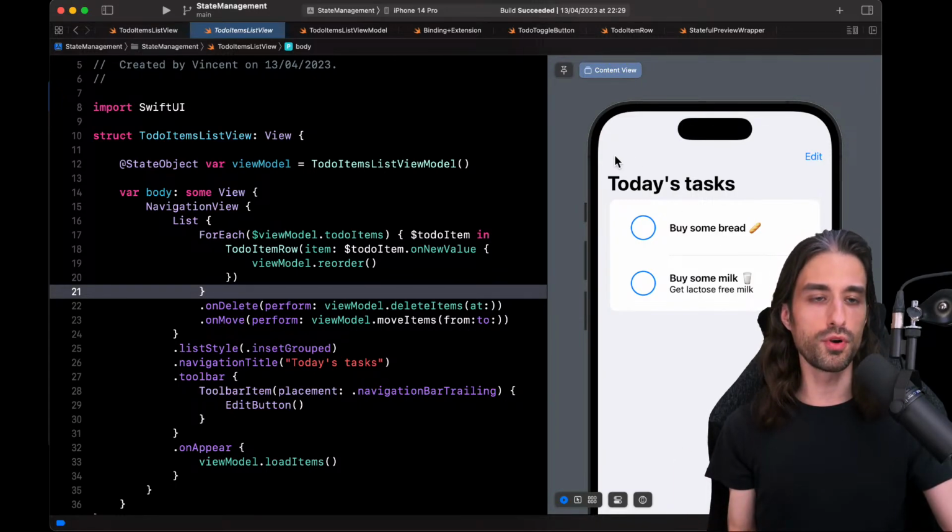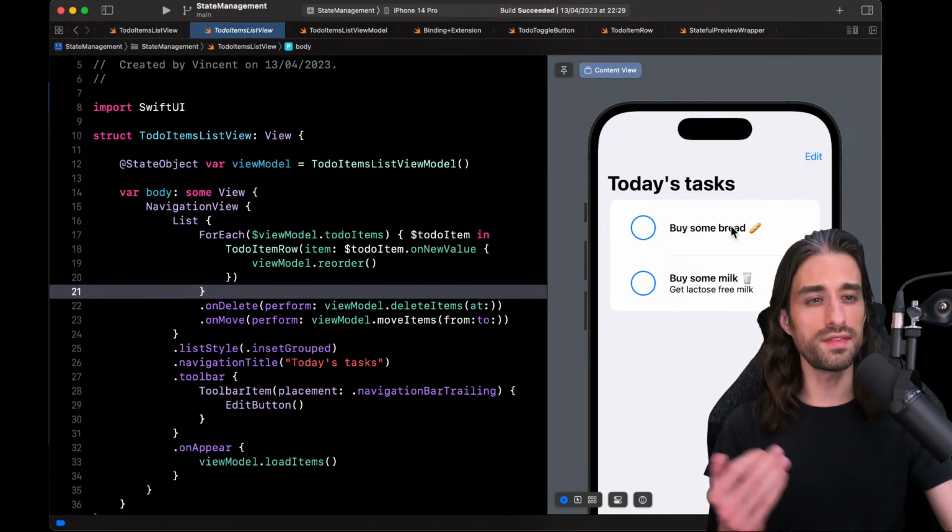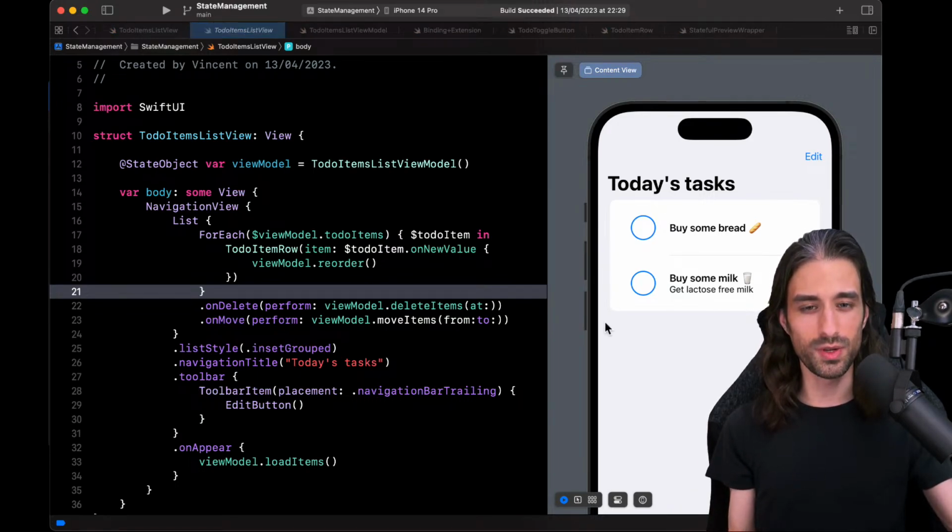I didn't add a plus button last time because it was just easier to have a JSON with preloaded data. It made the app just more fluid to interact with. But I would still like to have a way to change the title, the description, maybe add the description when there isn't one. And so a nice way to do it can be to add a detail view and to navigate from the list view to the detail view. That's what we're going to implement.